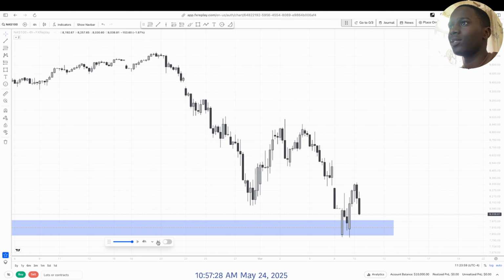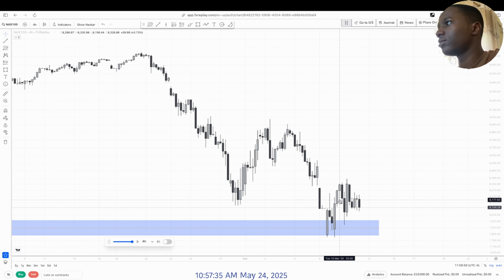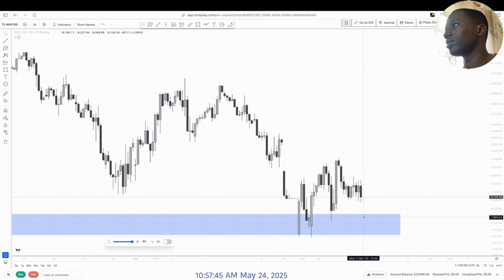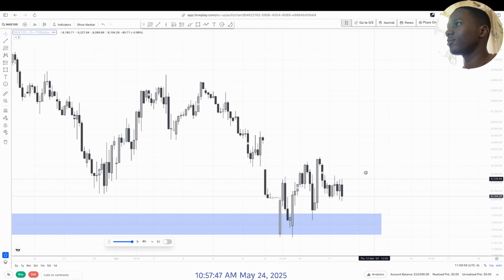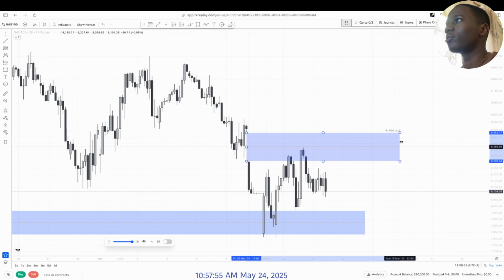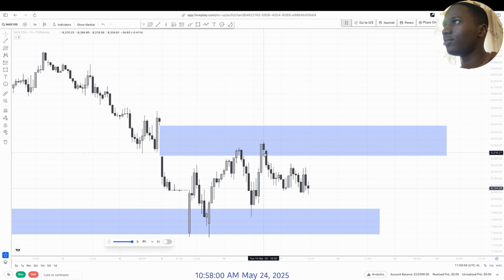Let's go to the next day, because this one you had traded it. Wednesday. Okay, so here, yeah. Now when I go to 2 hour, you can see what is happening here. You can see that we retested the new week open gap, and we might be about to respect it and drop lower. And when I go to 1 hour, I have an inverse fair value gap which we aren't breaking through,